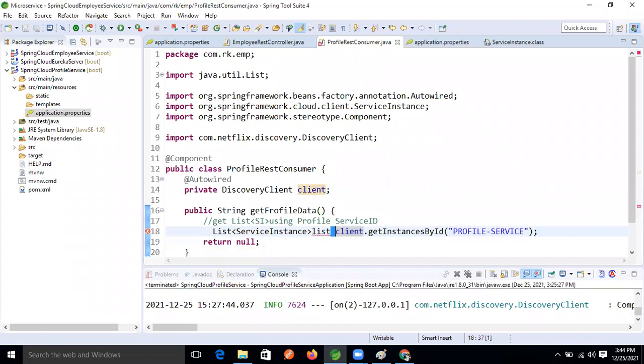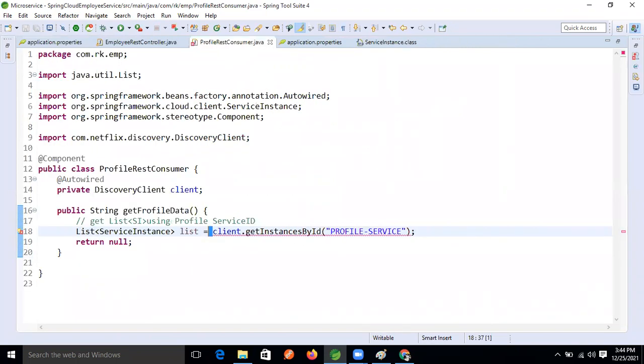Return list equal to. No, something is going wrong. Exception: cannot convert, need list. Instance type. Typecasting? No. I think, one minute, guys.